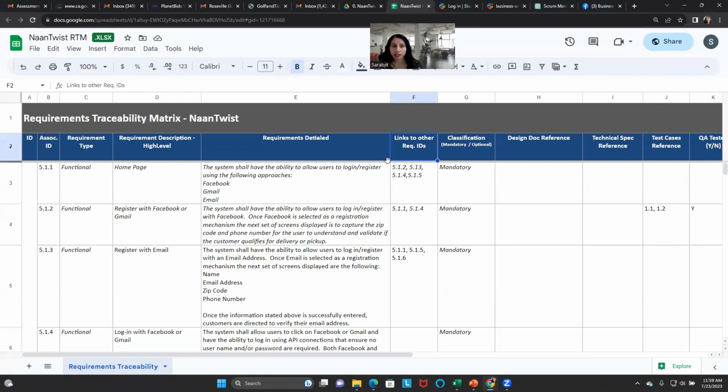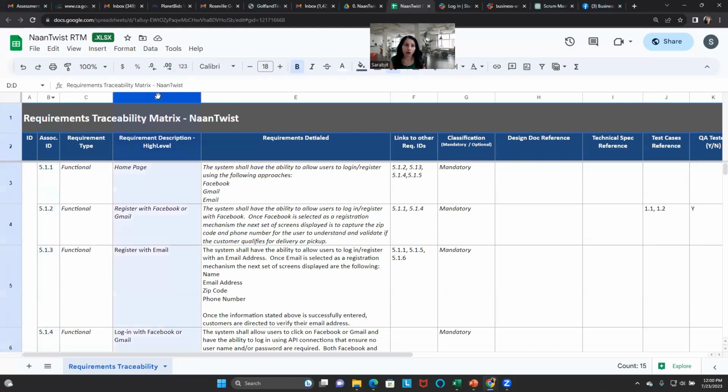And then the next column, and again, this is a template that I've created for my project. There are many different templates out there, so you guys have to identify a template that's going to work for you in your organization. Oftentimes your organization will have templates that they want you to use, but in the event that they don't have one, the most common information that you need in an RTM is your requirements ID that you copy from your BRD